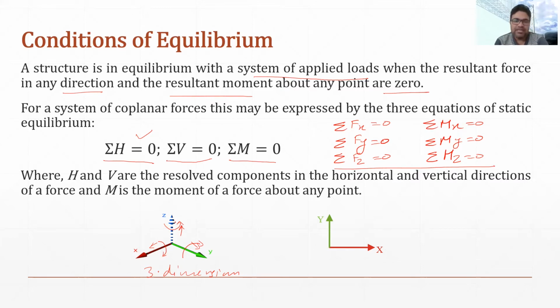But analyzing a building in three dimensions is a little complex, and because of that, we only consider parts of our building and analyze them as a two-dimensional system. That is why the elements that we design or analyze in two dimensions are known as planar structures or planar elements.